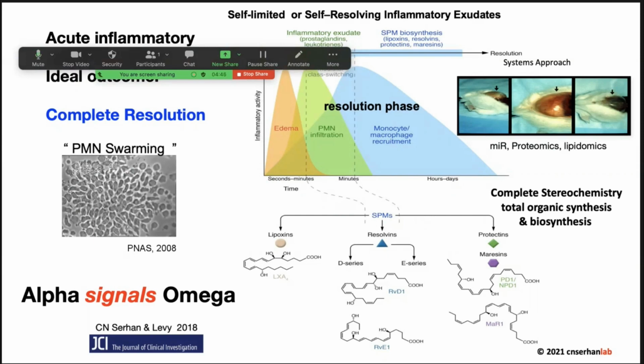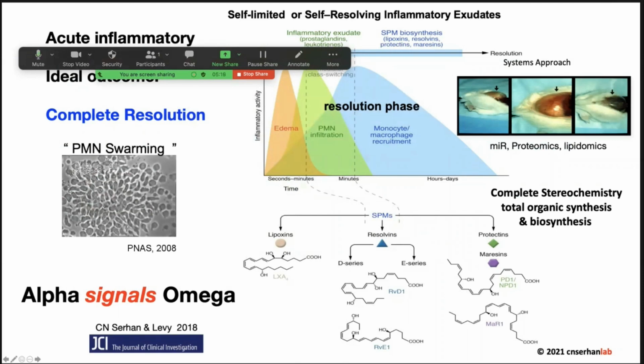And we've used models of acute inflammation that are textbook, where there's rapid edema formation within seconds to minutes, followed by neutrophilic infiltration where they reach a max and then they are lost from the site. You can think about this as a pustule. And then the non-phlogistic, non-fever recruiting of monocytes and macrophages to the site.